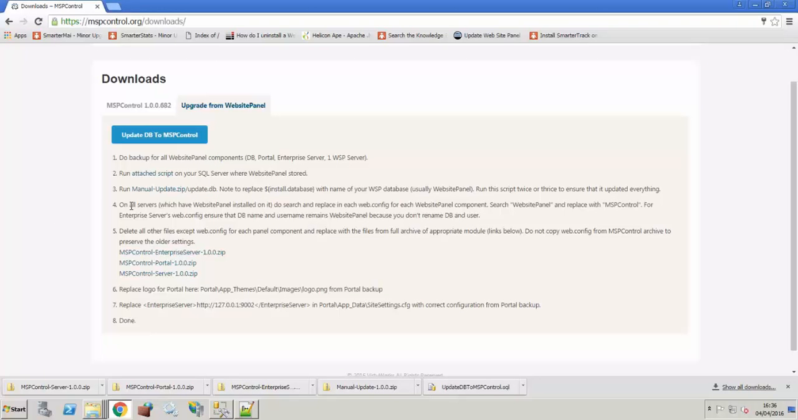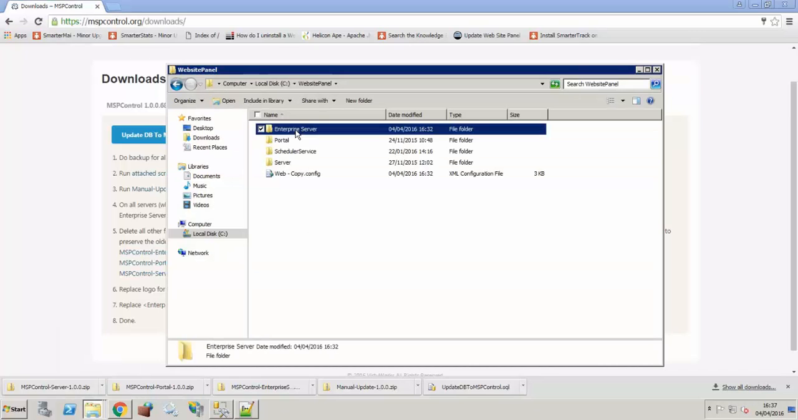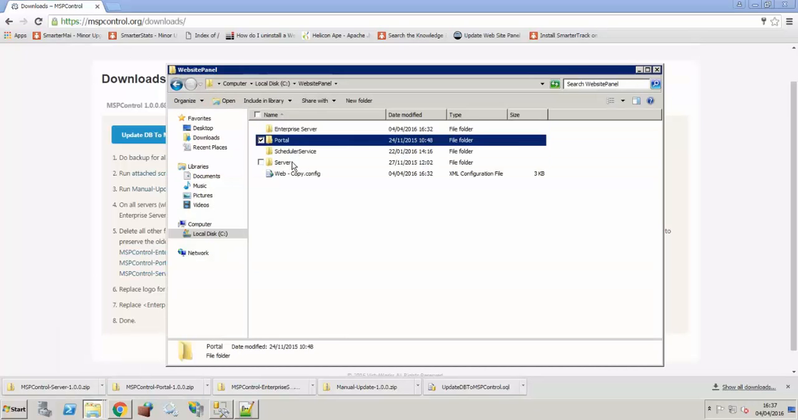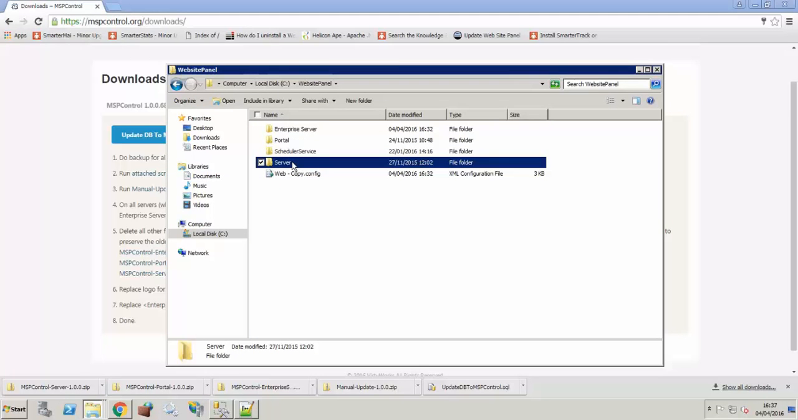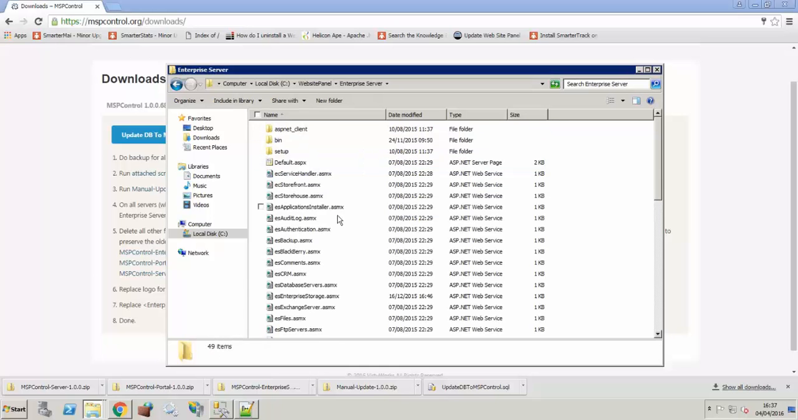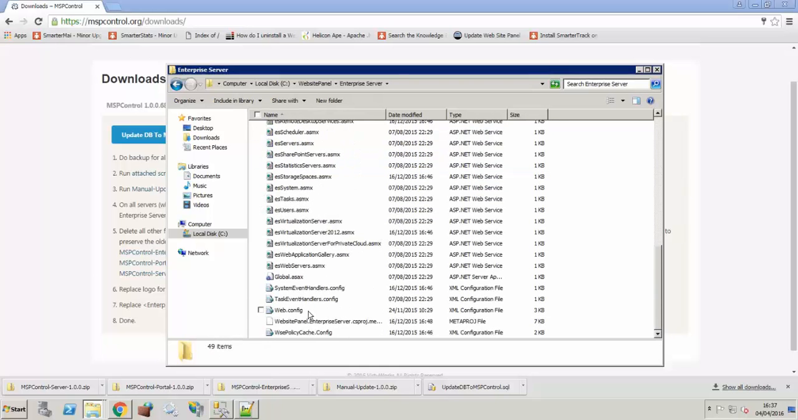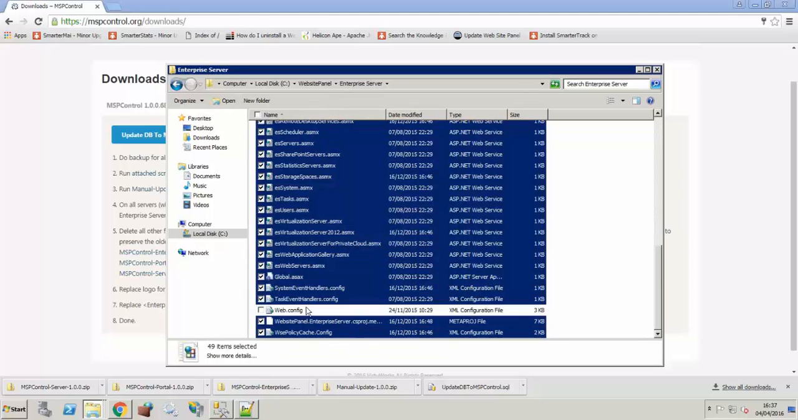So step 4, we then need to update all of our servers that we've got Website Panel installed on. So what we need to do is go into Website Panel, and then you've got Enterprise Server, Portal and Server. If you have additional servers, for example additional database servers, additional web servers, they will just have Server on. So our first server, I'm going to update all the components. We need to delete everything other than web.config. So if we just delete,